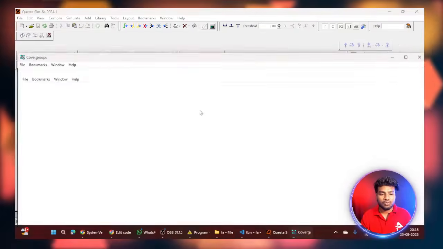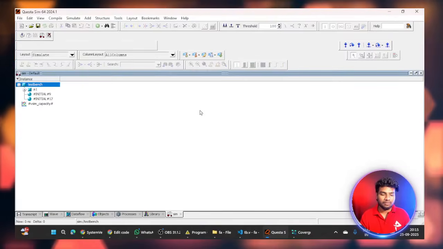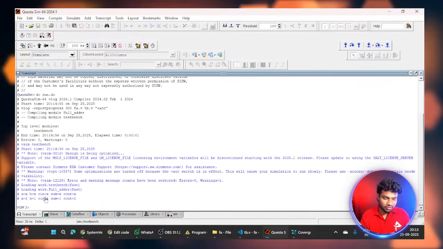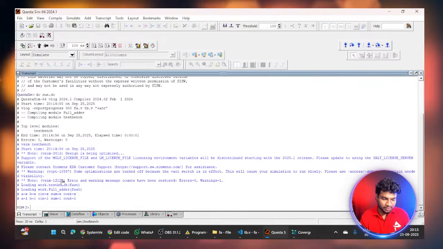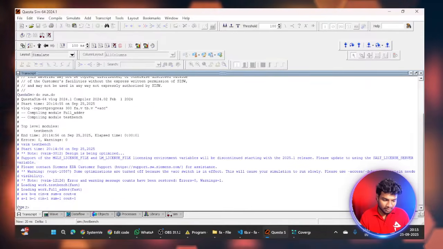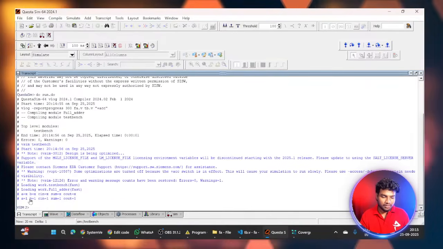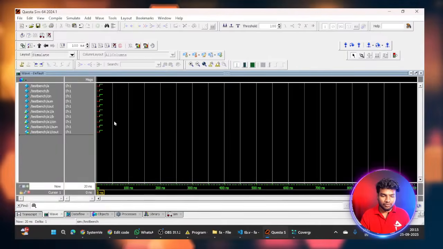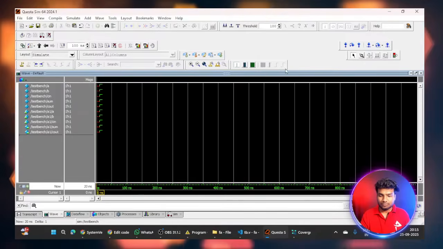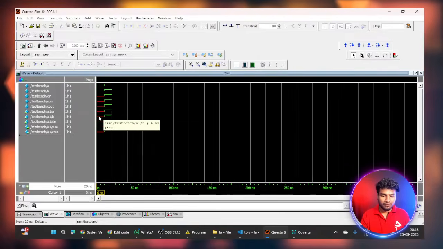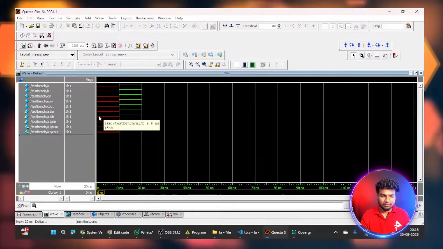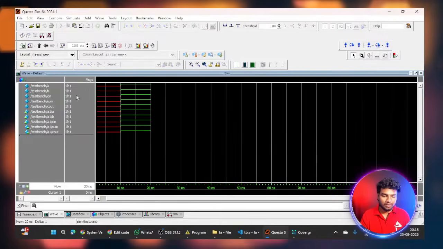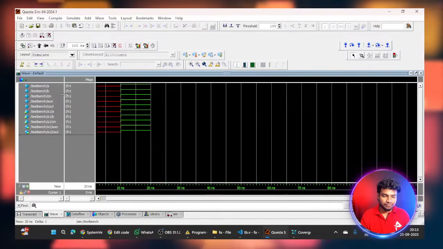This tool is mostly used in industries. Industry people mostly use this tool only for verification. And then you can also see the outputs here. Okay, I can't zoom this particular thing, but you can see the output here. Sum equal to 1, carry out equal to 1. And then you can see the waveforms of this. I'm giving only one input, for example,